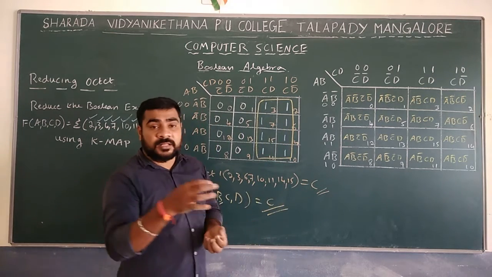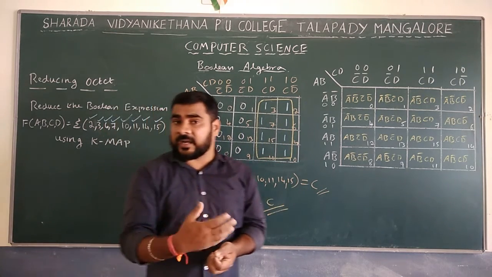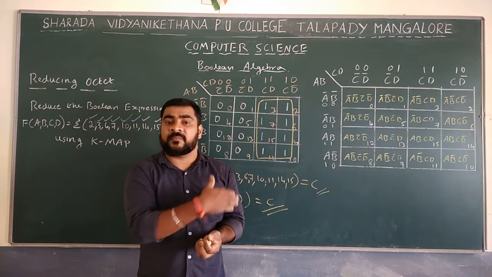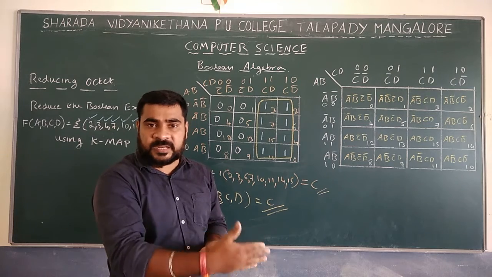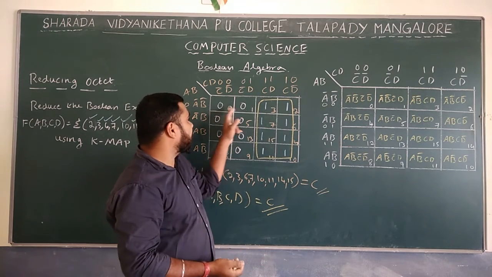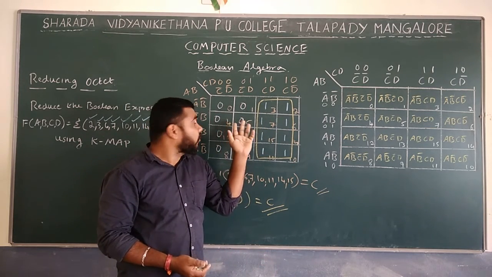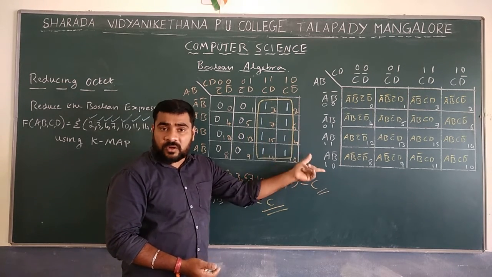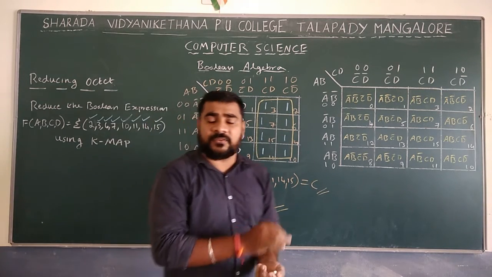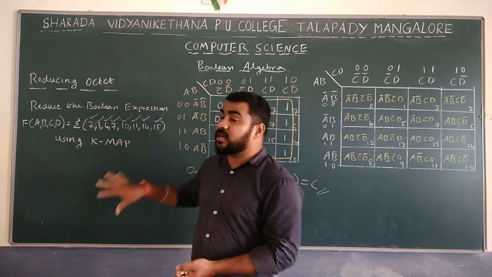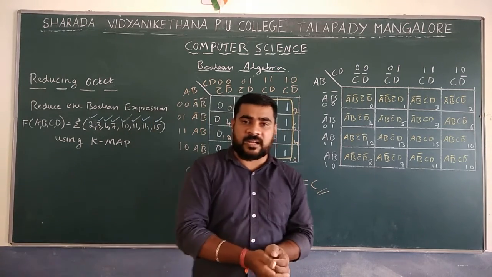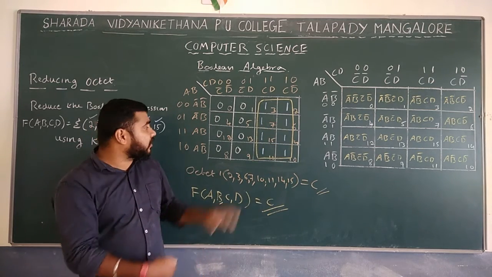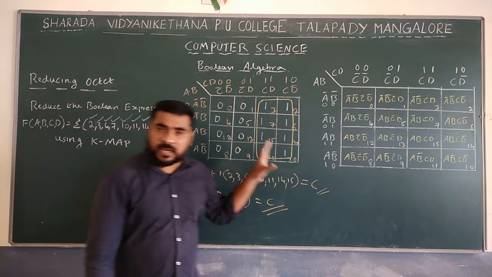After writing that, we have to mark the cell numbers. When you write the cell numbers, the third row and third column should be skipped and then we come back. So like that: 0, 1, 2, 3, 4, 5, 6, 7, 8, 9, 10, 11, 12, 13, 14 and coming back, 15. After that, see the question: all the cell numbers that are given should be marked as 1 in the table. Remaining cells you should mark as 0.